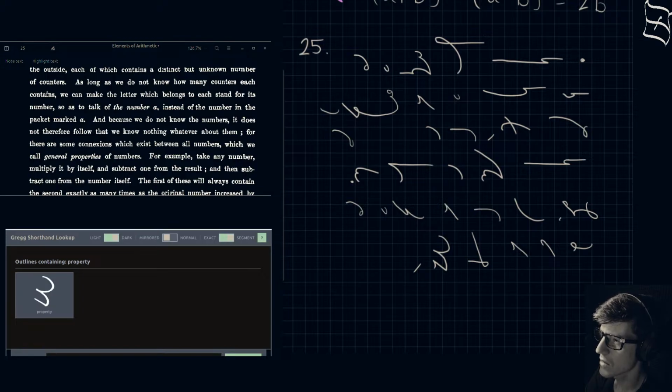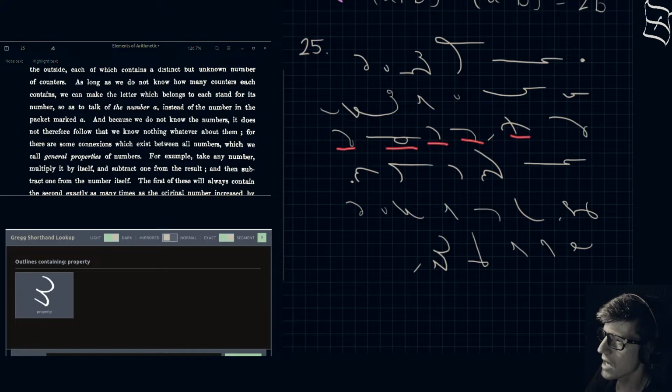Then the name of the number becomes the important considering factor, and then it is thought of with respect to its general properties. Okay? A number may be spoken of with no knowledge of its explicit or certain quantity.